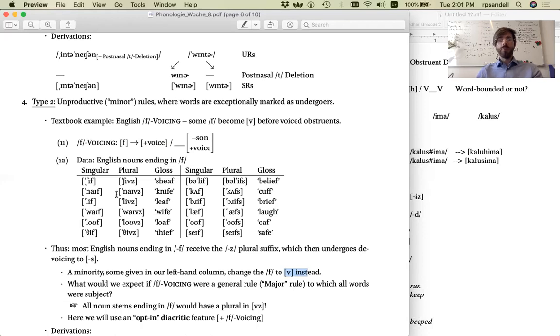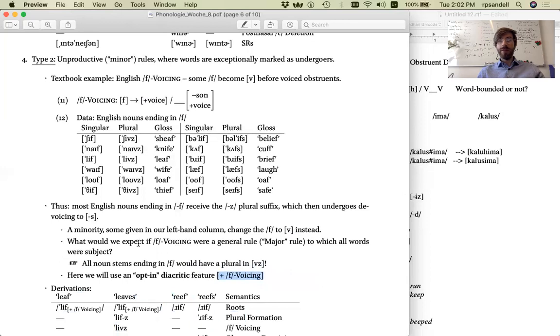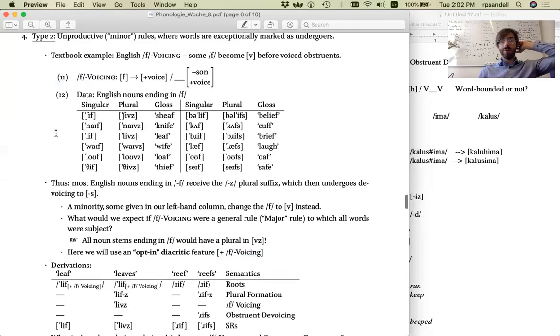Now we can wonder, what should we expect if F voicing were a general or major rule? The consequence would be that we should expect all noun stems ending in F to have a plural in V. So we would have belief, believes, rather than belief, beliefs, and cuff, cuves, instead of cuff, cuffs, and so on and so on. So in this case, we would simply say that the words which do undergo F voicing are lexically labeled as plus F voicing. This is an instruction to the phonological grammar that says use the F voicing rule